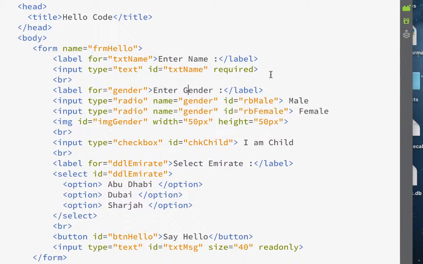In this tutorial, we are going to learn how to do the calculation with different types of form controls. In this HTML, I have created a form with the name frmHello, and there is an input type text which is used to enter the name of the person, and I have two radio buttons, rbMale and rbFemale, and both the names we set to gender, so the user can select only